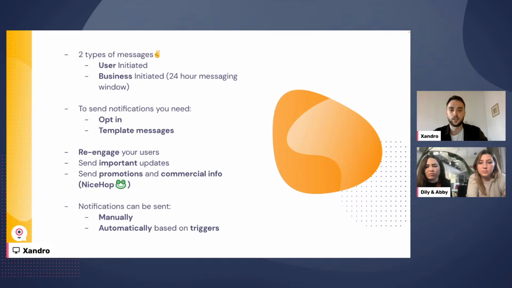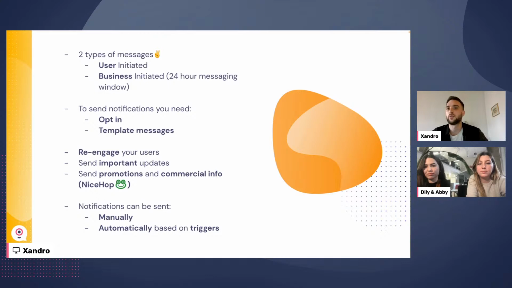In addition to that, business-initiated messages require the opt-in, which is exactly what Abby just explained before, and they require template messages. Opt-in is basically giving the user's consent to receive these notifications, and the template messages are in order for WhatsApp to control what is being sent proactively from the company.